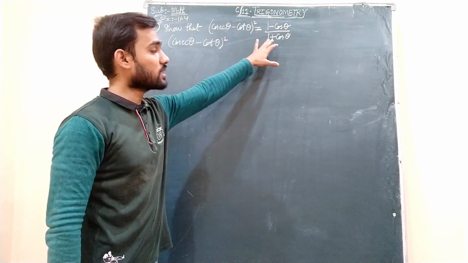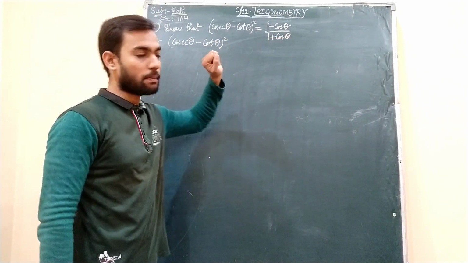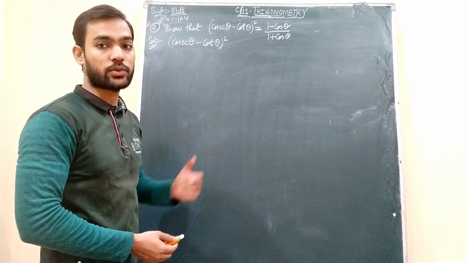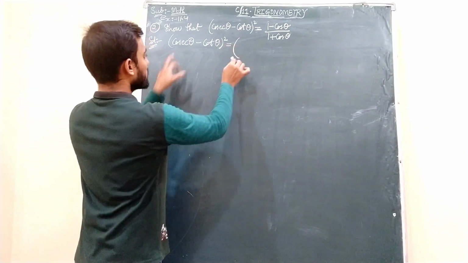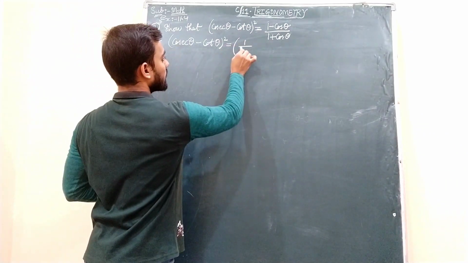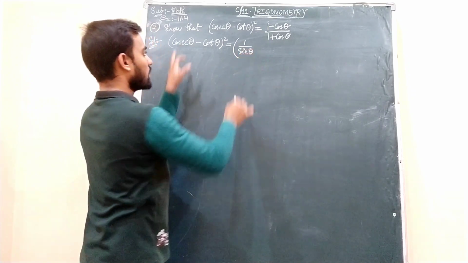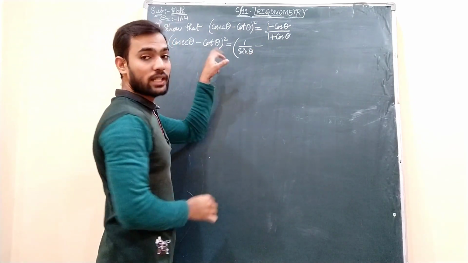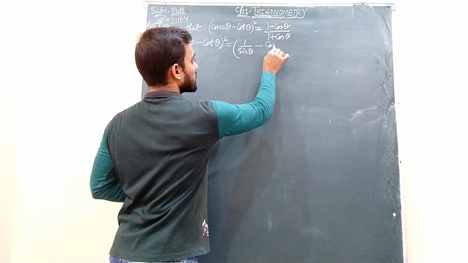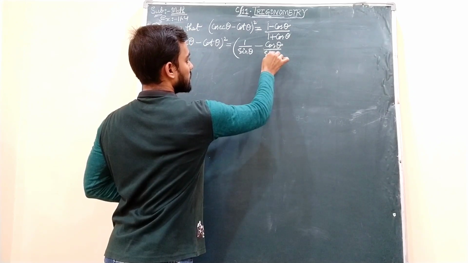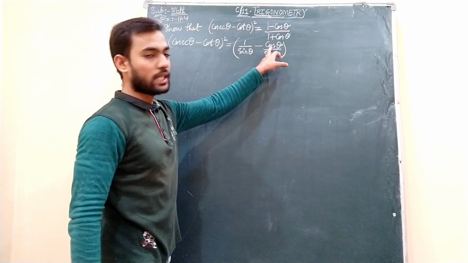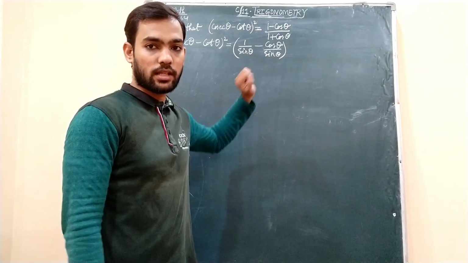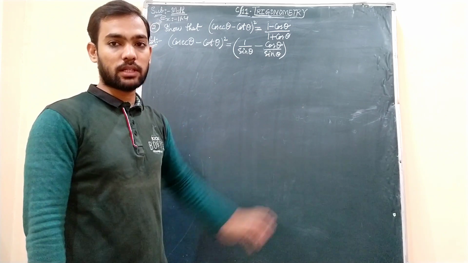When we are trying to get the RHS part, we want cos theta, wherein it is not there over here. So let us change these ratios, as we did in question number 1. This cosecant theta can be written as 1 by sin theta, because this is the reciprocal of the first one. So 1 by sin theta minus cot theta we have replaced as cos theta by sin theta. Okay, cos theta we got. Sin theta can also be replaced as cos theta. That is the reason we are changing into these ratios. We will see how the sin theta can be replaced with cos theta.